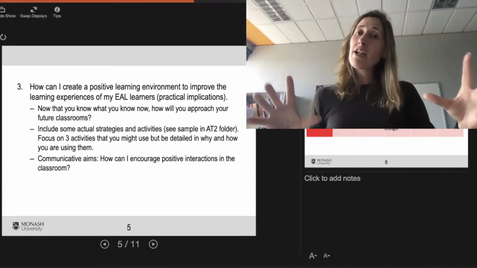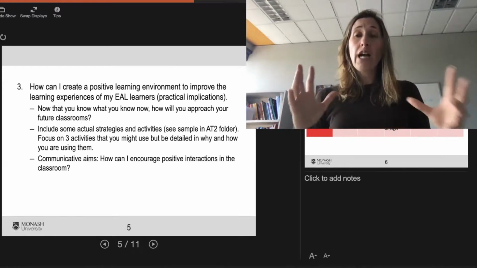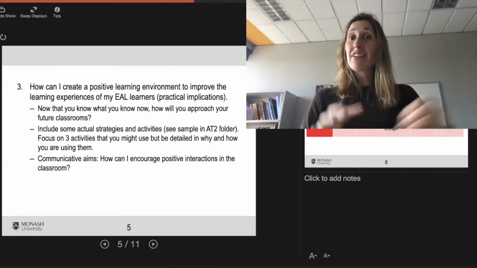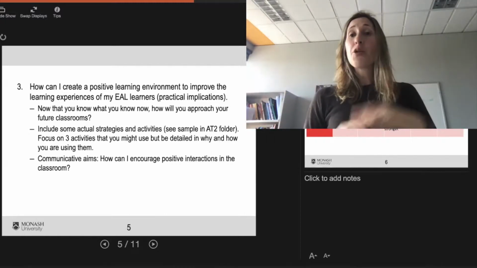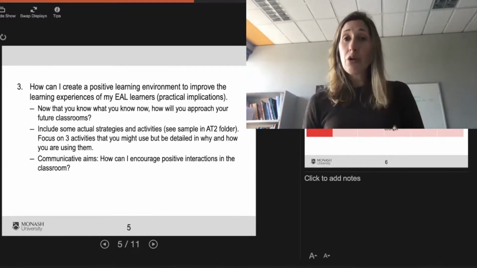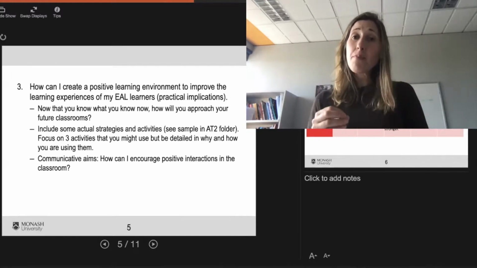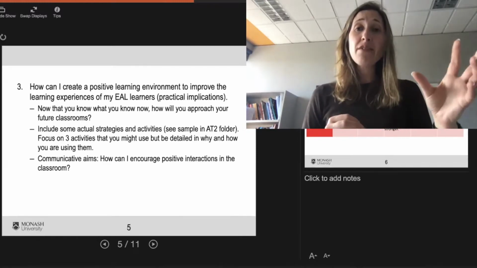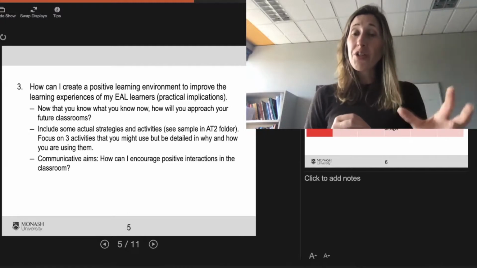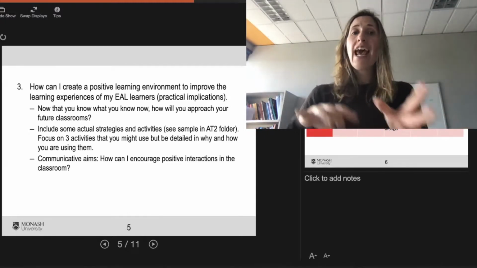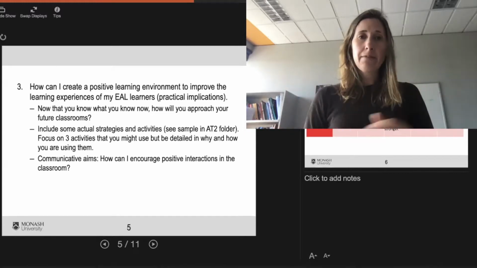So you're going to maybe write a few paragraphs, or however many, to really create that link between what you've learned about the theory and then the classroom. Now, you might have already done that in the essay, so then you don't need to repeat it here in this practical section. But there is a part of the rubric that talks about, have you made the link between all that learning about the theory of speaking, for example, or the spread of English, and then your classroom? Have you made that link?